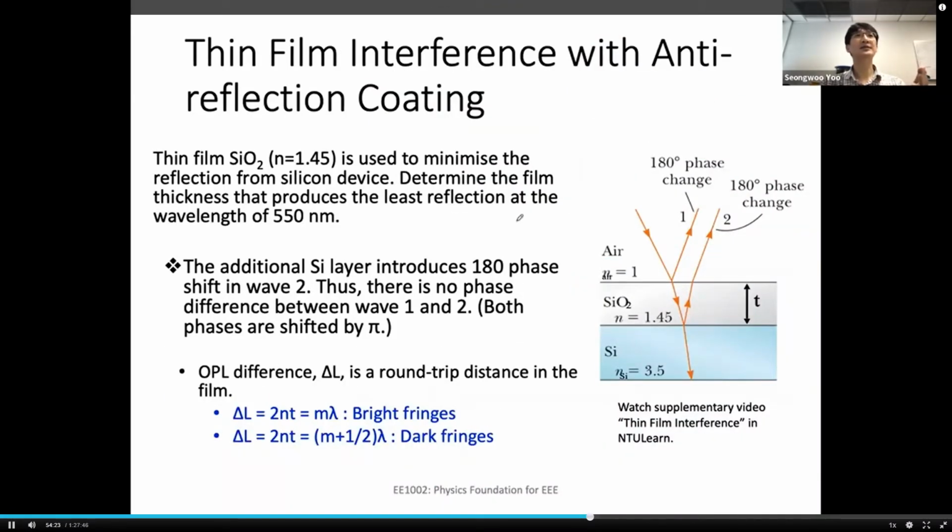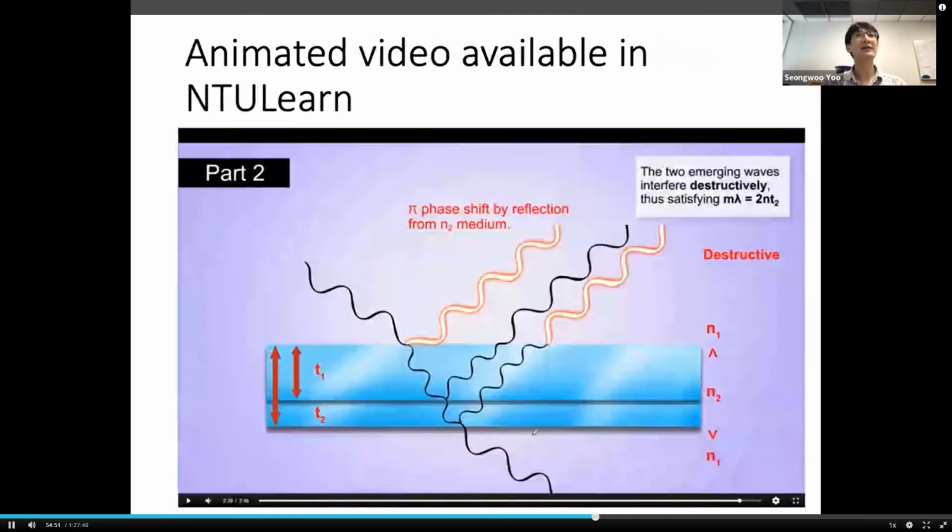Well, this slide will give you some idea how we can shift or convert these constructive and destructive conditions by applying an additional layer, and then I believe you can actually derive those two equations, all right? And if this is still a bit confusing,